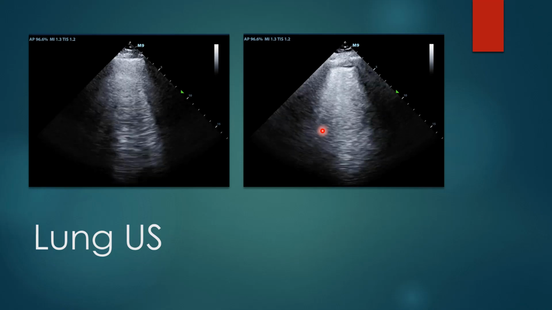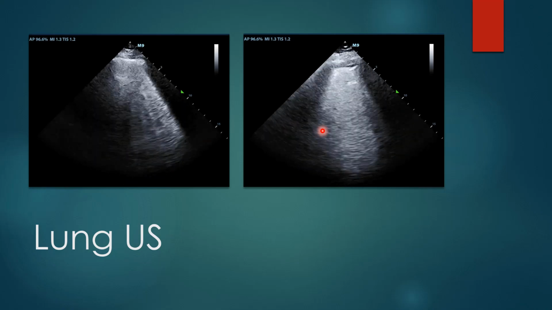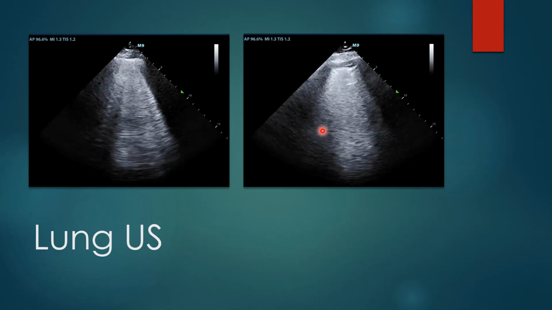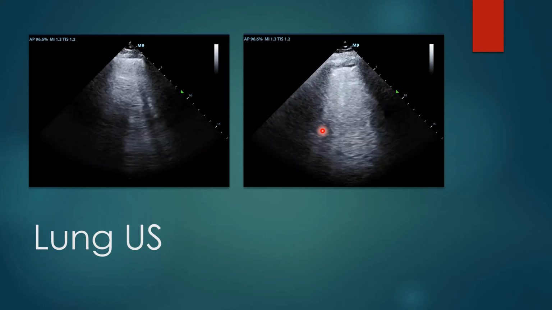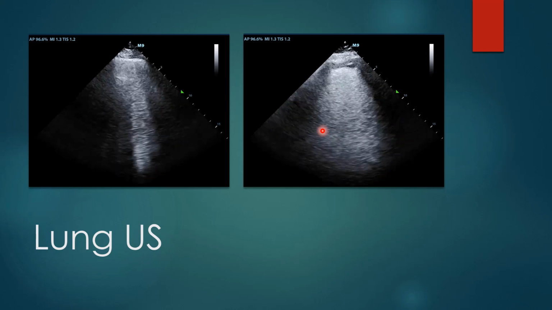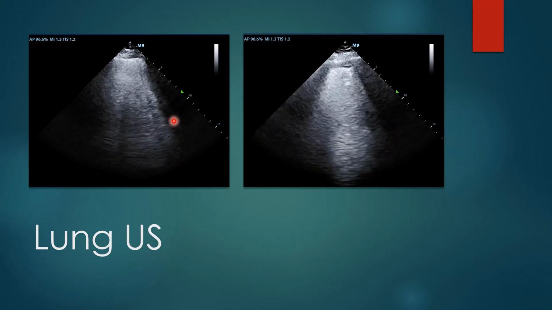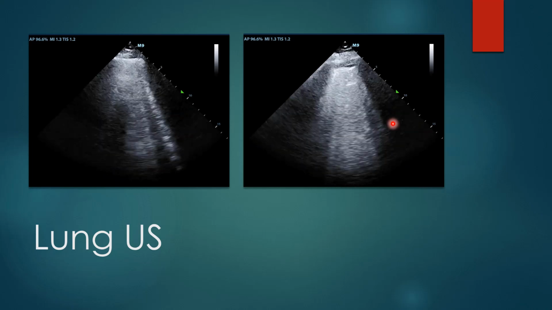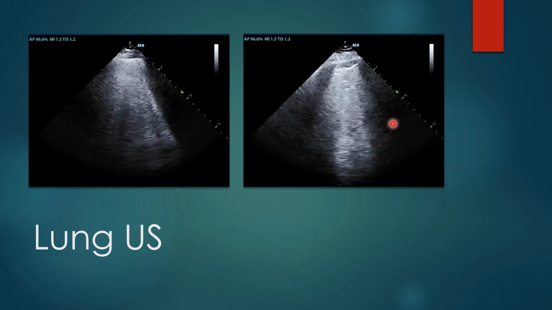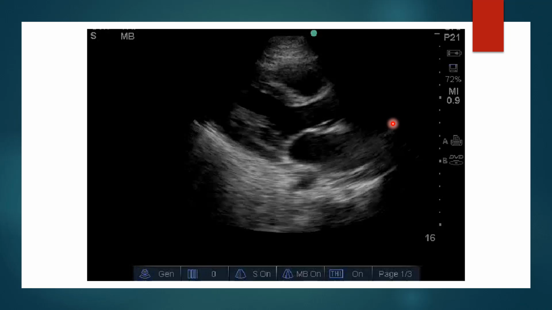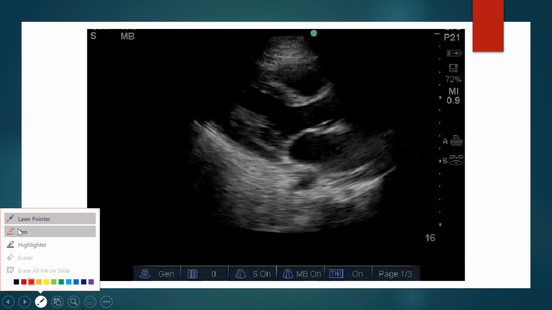So this is my other situation where I have elevated filling pressures. I have hypoxia that I'm trying to evaluate. So I do my lung ultrasound, so I have my left, I have my right, so there's significant B lines bilaterally, right? So I have a pulmonary edema pattern bilaterally. So now I'm trying to figure out, is that cardiogenic or non-cardiogenic pulmonary edema? Now,